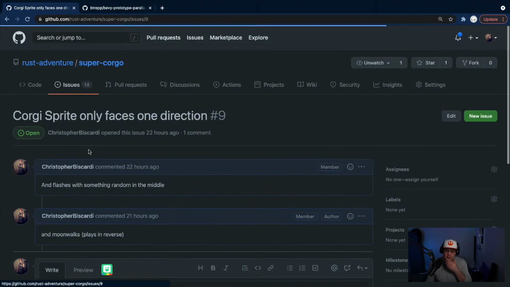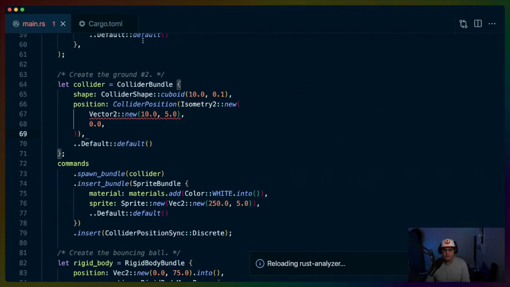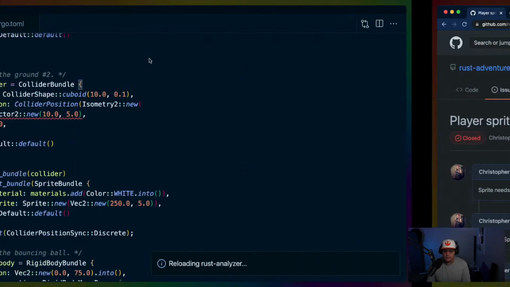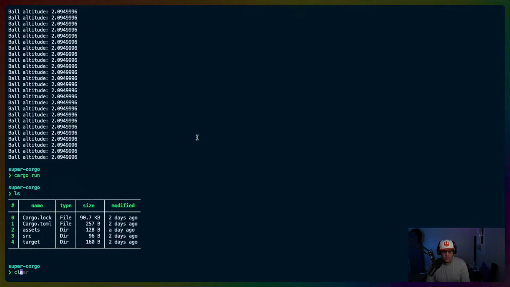The Corgi sprite facing in one direction. Let's fix the Corgi sprite first. All right. Let's get rid of the Corgi for now. I think I have an old copy in here. Nope, I don't, because I killed my terminal and my history is messed up. So let's copy